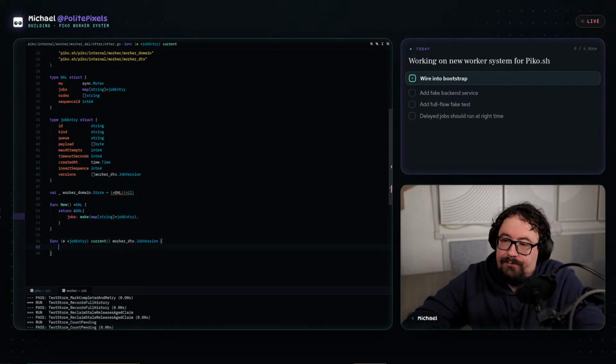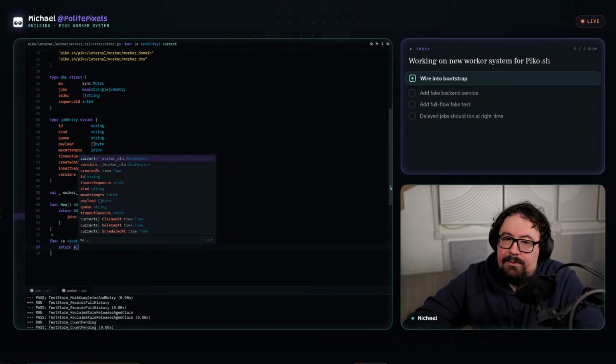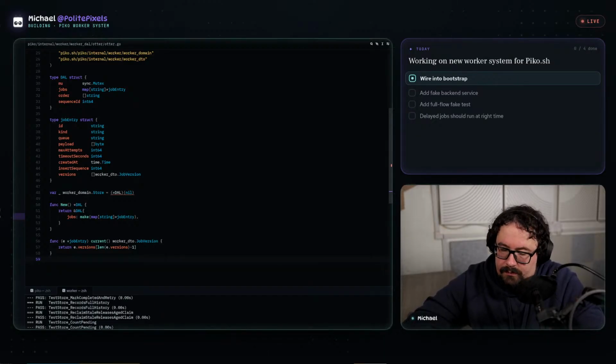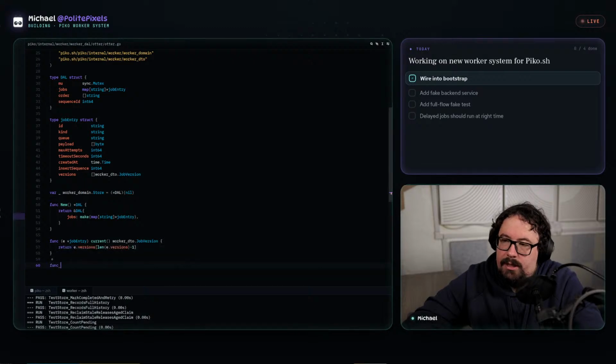Oh. So this is going to be quite simple. And then we can just also have an easy helper function for appending a version.